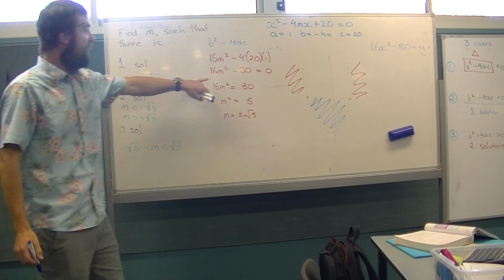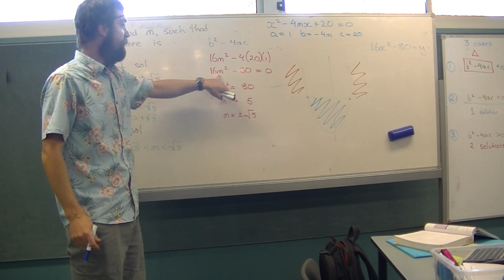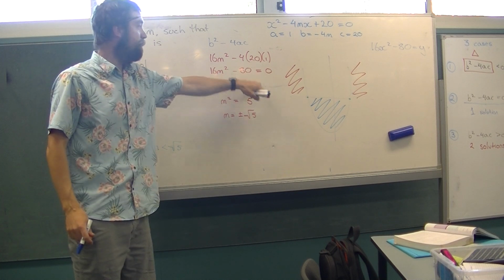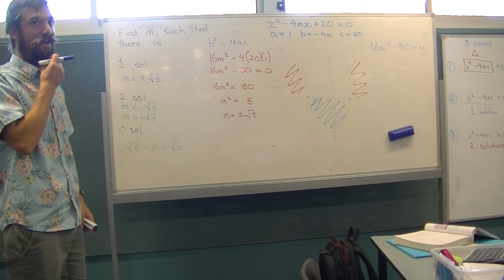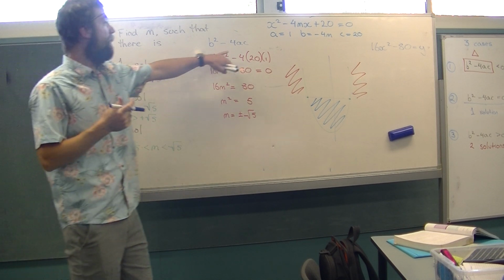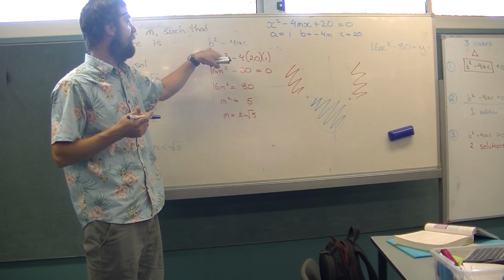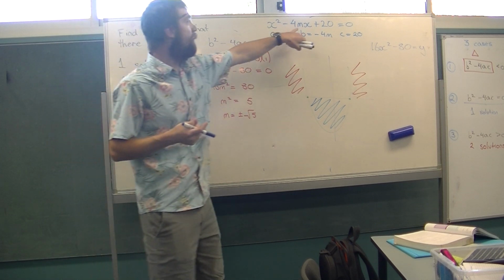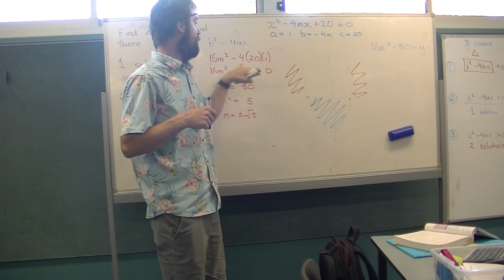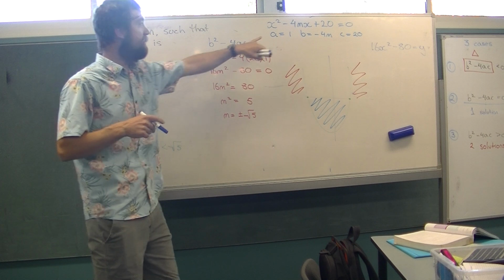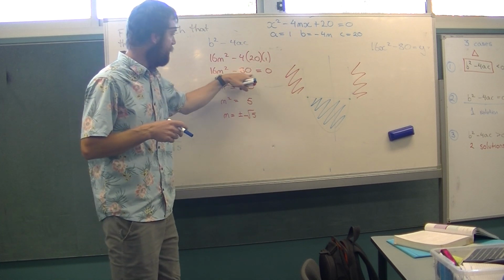Can you think of any scenarios where the discriminant might be different from that? If you had a variable for a or c, or if you had a binomial in here, like instead of just being a straight 4m, it might be m minus 2. It'll start to look different. But if it's just a straight variable, it will look like this, and you can just